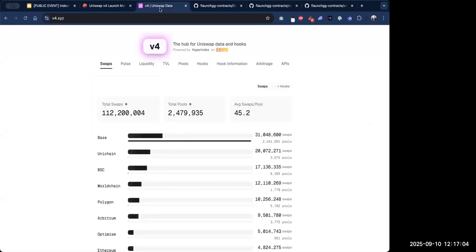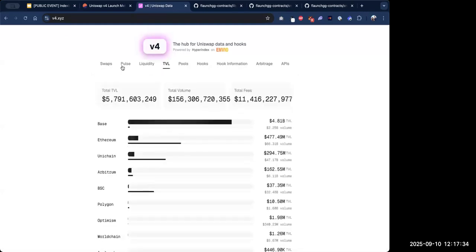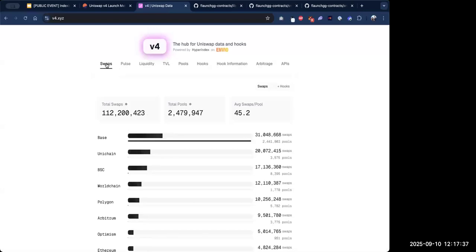So there was a slow uptake, especially with the initial immutable pools that came into place, like Bunny and some other platforms like that. But a lot have started to incorporate it. And with regards to uptake of these events, there is a platform, v4.xyz, which incorporates a lot of this data. This is powered by a subgraph provider called Envio. And they bring in all this pool analysis and TVL analysis and make their subgraph available and API